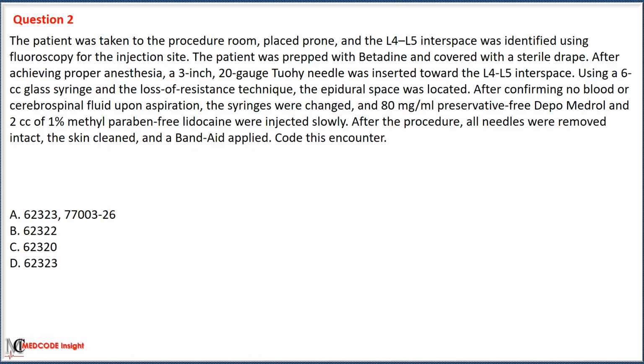Option A with codes 62323, 77003 along with modifier 26. Option B with code 62322. Option C with code 62320. Option D with code